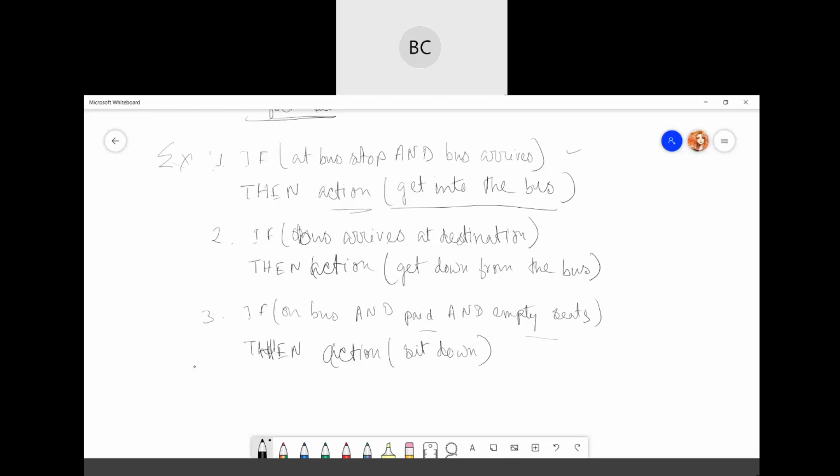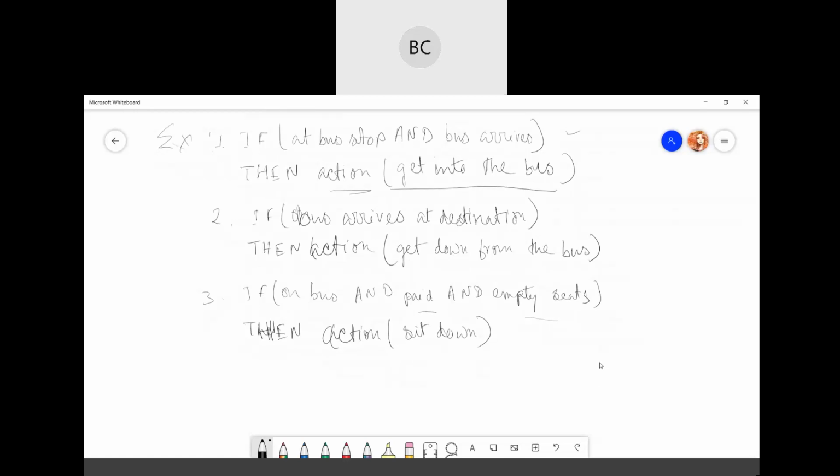If you are on the bus, there are empty seats but you didn't pay, then also you cannot sit down. So it has to satisfy all these conditions, then only the action will be sit down. Okay, so you have to think about your rules on your own, and accordingly you will write these if-then conditions.